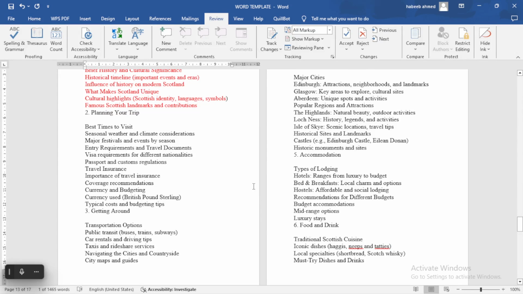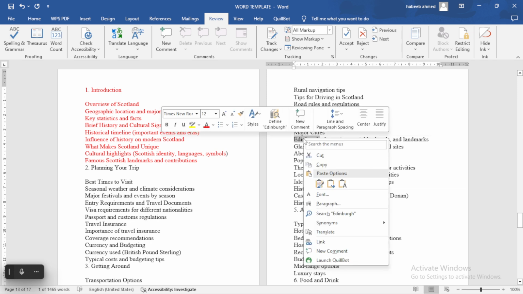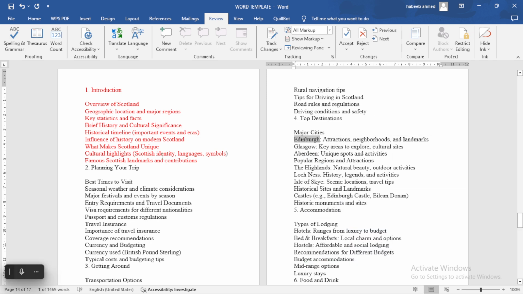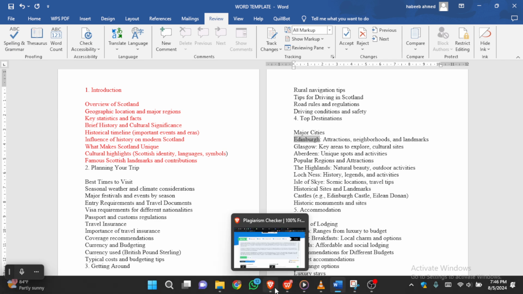Now, in chapter 4, they say top destinations. Our major city in Scotland, it gave us Edinburgh. So what you want to do now is copy this. Hey guys, I'm telling you, this is a big secret, like a big secret, guys. You don't want to miss it. So just come to this Edinburgh,